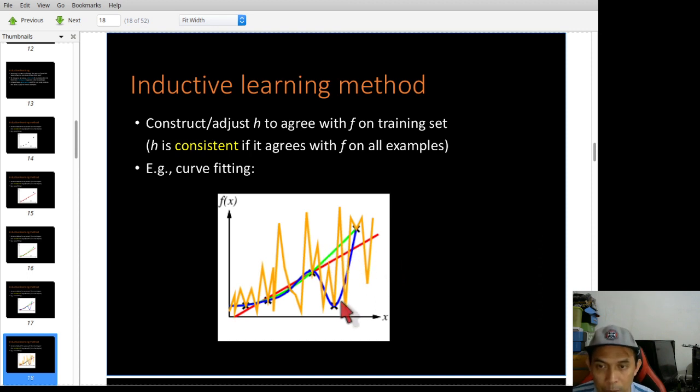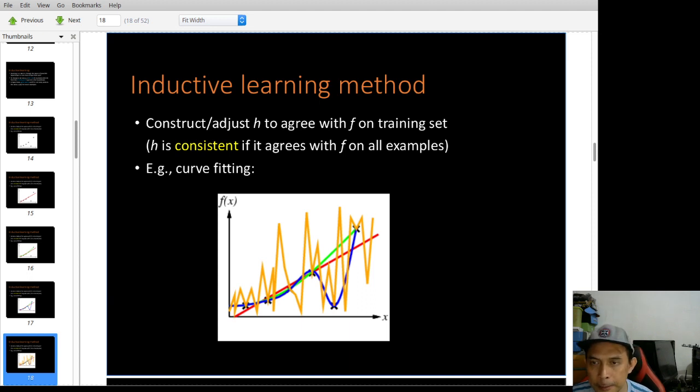Of course, the blue line looks more natural. But again, these two accurately approximate all the data points in this scenario. So how to select which one is the best of these two?